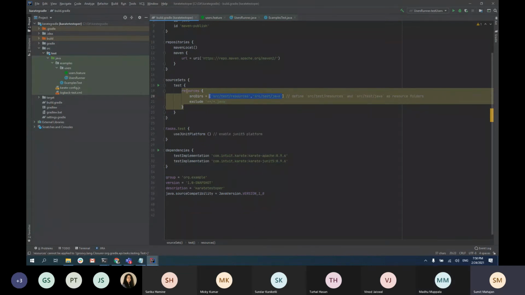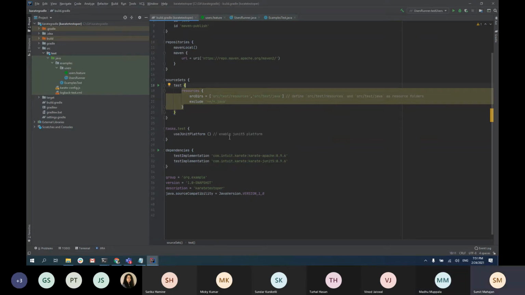So what we are providing here is the resources. All the resources, what I mean is all the feature files, all your common files, which are not Java files, like config.js, it's not a Java file, right? So it will not try to execute those. We are asking it to exclude all of them other than Java. Okay, correct. Gotcha. So only execute the files that are .java. Okay.